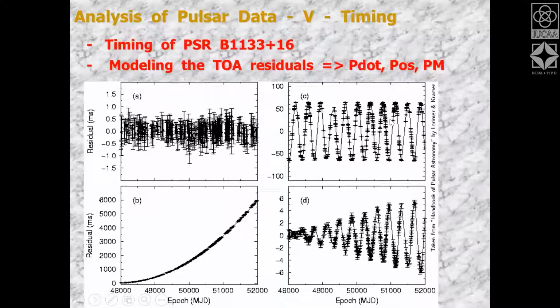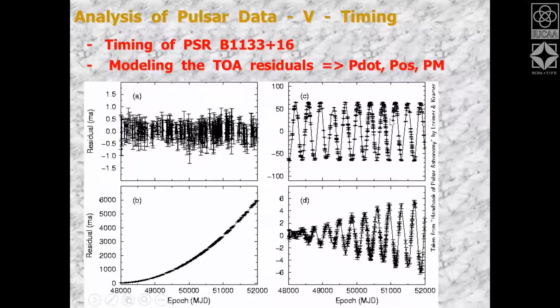But before I do that, maybe I'll just give a 3 minute break for questions and take a few questions on this part. Now I will be moving on to gravitational waves, where I will actually talk a little bit about pulsars. So before I do that, if anyone has questions on any of these parts, you are welcome to ask.